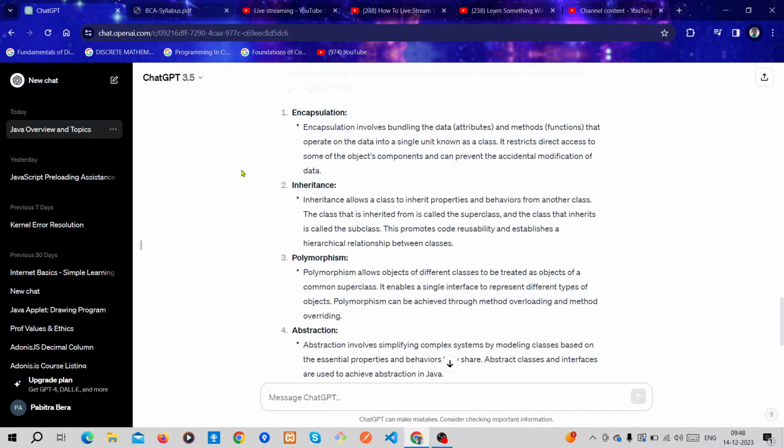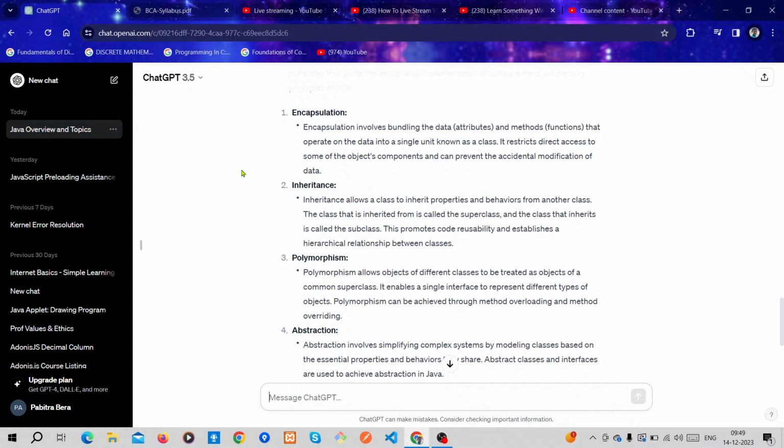Data means attributes, which are variables, and methods mean functions used in a class. Binding data and methods in a class is called encapsulation.